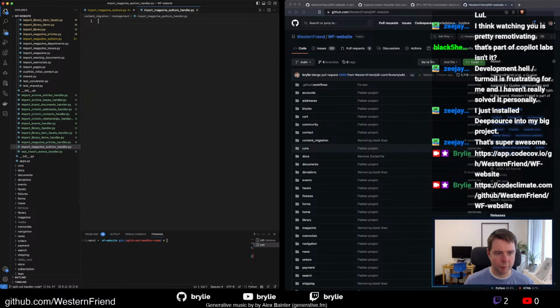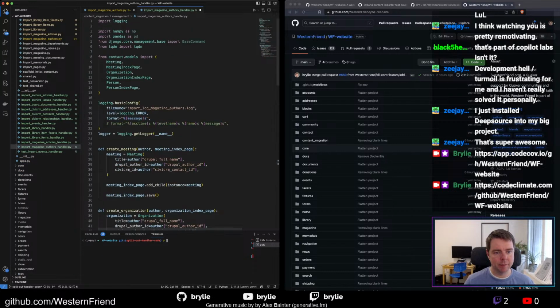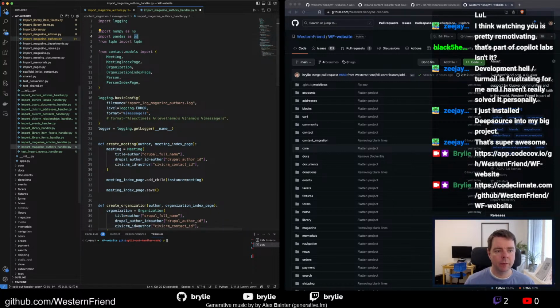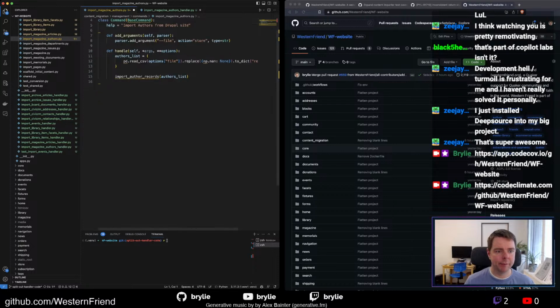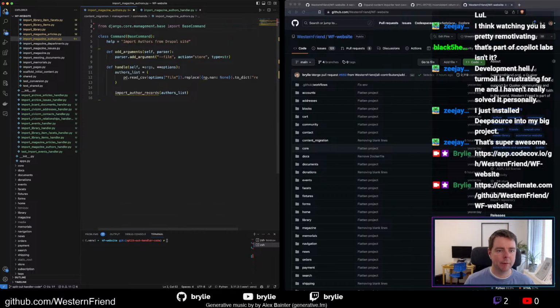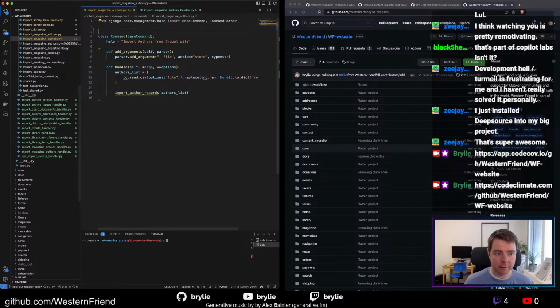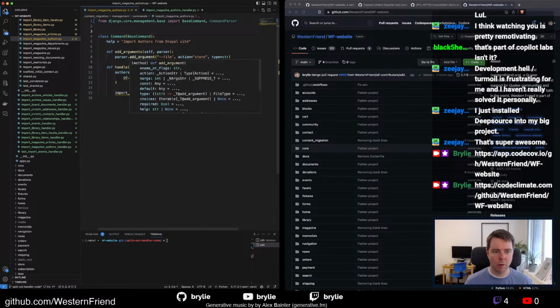And basically all those imports except base command. Then I put the base command back over here and add the command parser. Thank you, GitHub Copilot. Thank you, my code formatter, for doing the auto formatting. All this stuff